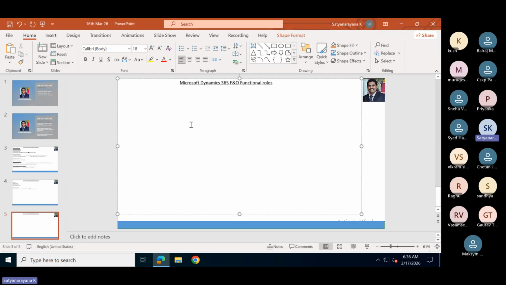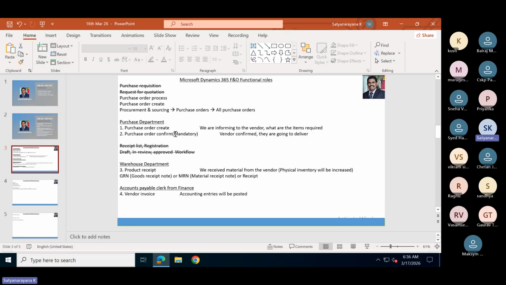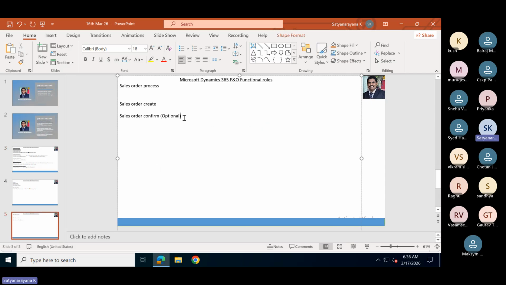This is the sales order process: sales order creation, sales order confirmation, which is optional here whereas it is mandatory there, then packing slip, then invoice to the customer.